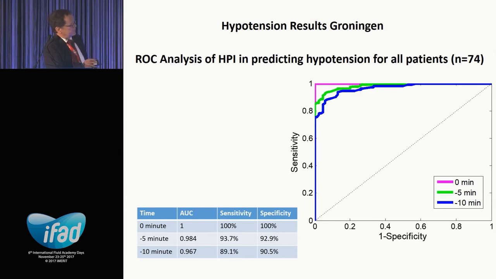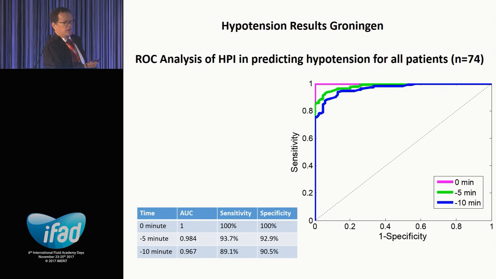This is a 100% specificity and sensitivity at the moment that the hypotension actually occurs. The green one is 5 minutes before the hypotension occurs. So you can see still with excellent sensitivity and specificity, you can predict the hypotension. And this, the blue one, is even 10 minutes before the hypotensive event occurs. You see here also a very good